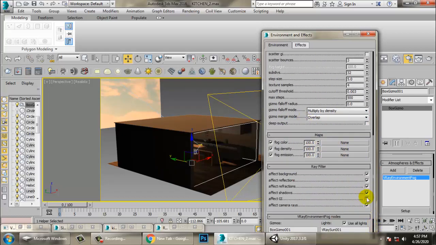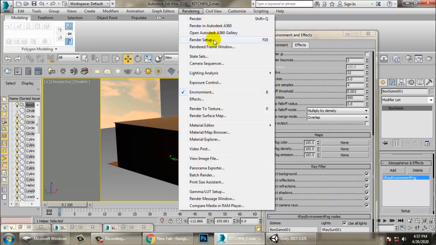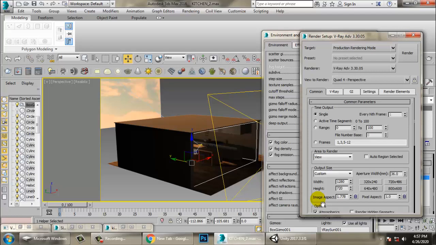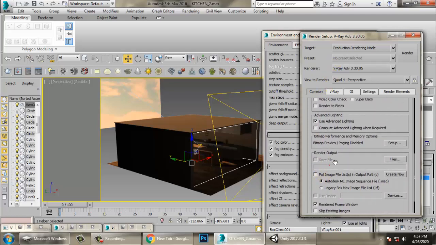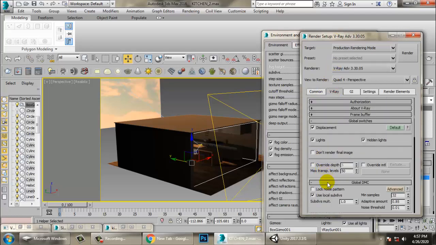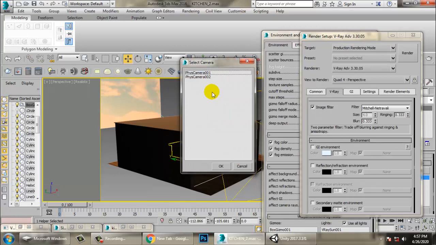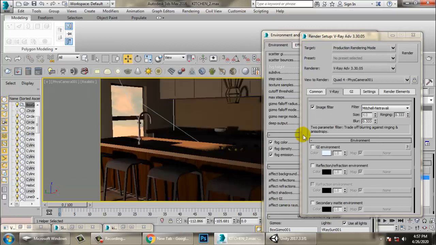So if we activate this effect GI, let's go into rendering, render setup, enable GI, and if we off this GI environment, if we off this stuff, let's go back to the camera view.